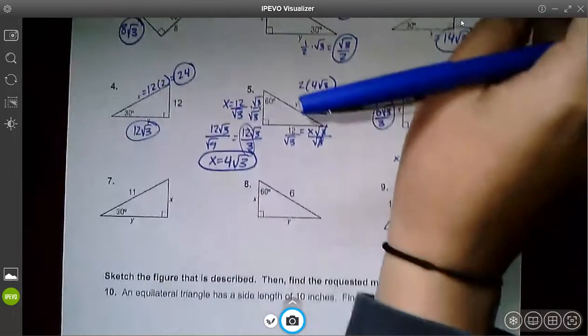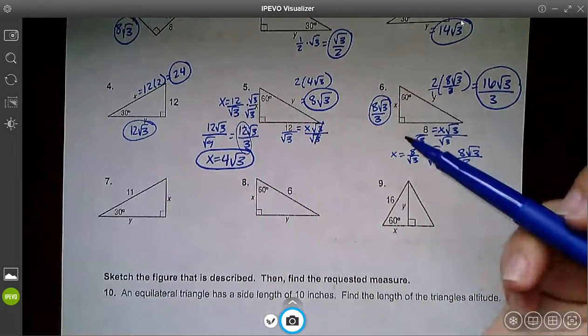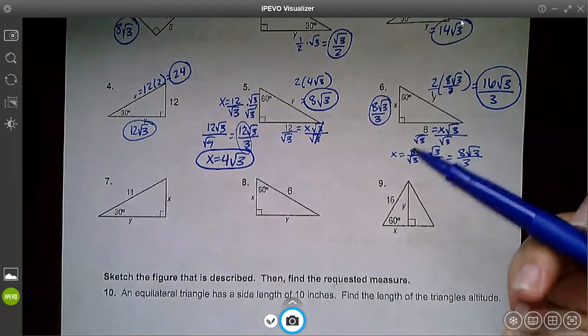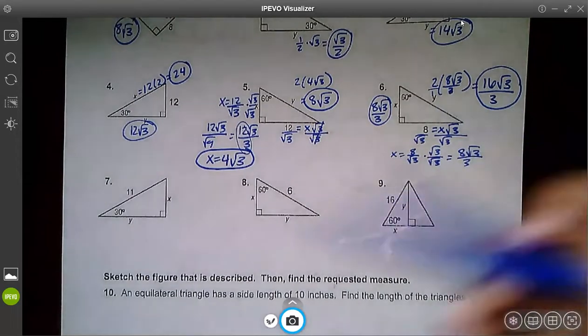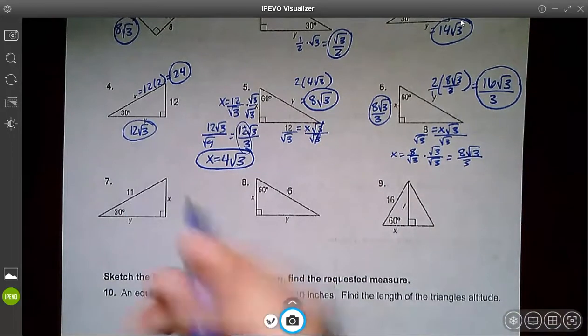Number 7. This time you are given your hypotenuse. This is the second easiest. So when you're given the long leg, it's the hardest way. When you're given the short leg, that's the easiest way. When you're given the hypotenuse, that's the medium way. The hypotenuse, remember, is twice your short leg. So this is going to be